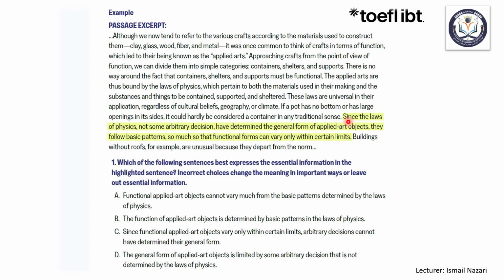So when it shows reason, it means the sentence connected here is reason and result. So we can easily find out the type of relationship using one transition word. Always be careful of the transition words inside the highlighted sentence. Secondly,